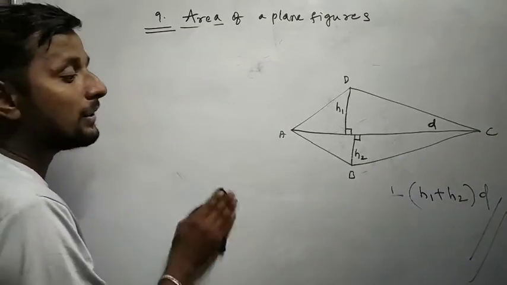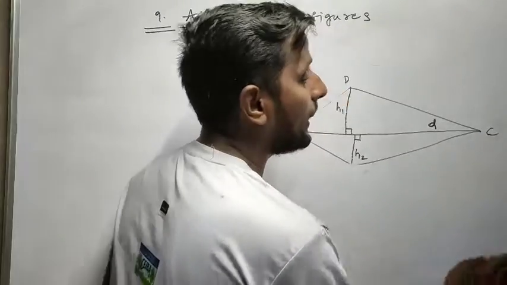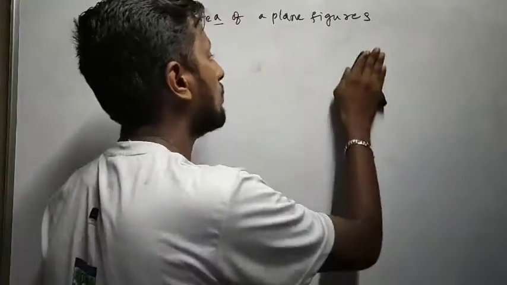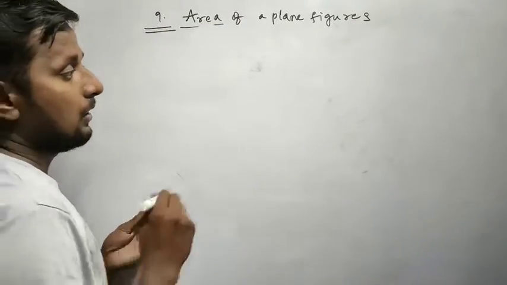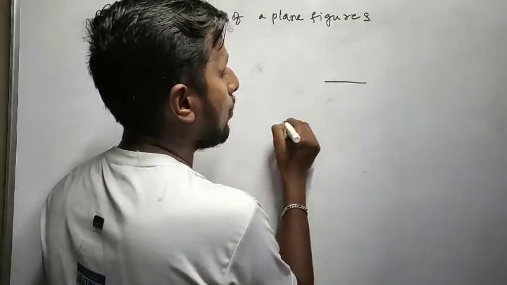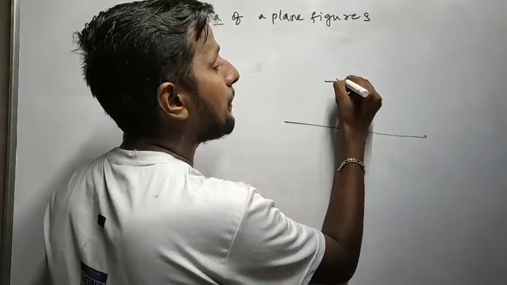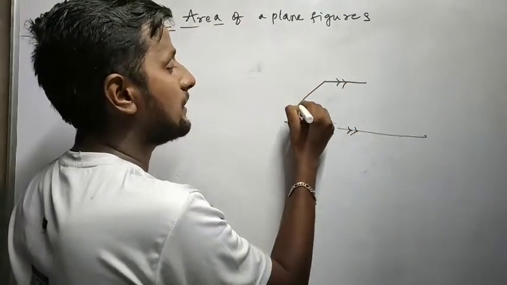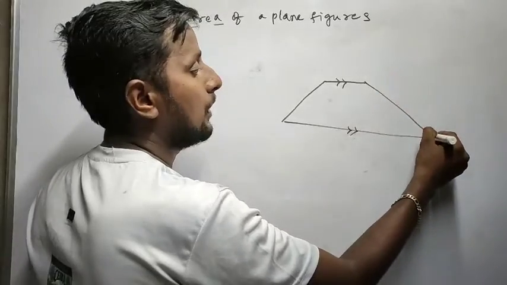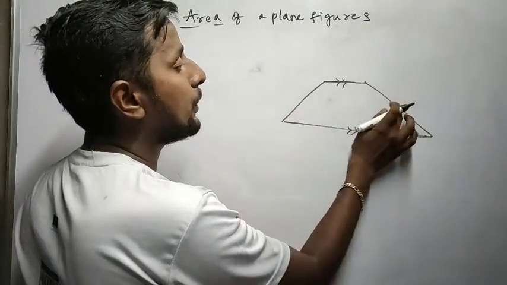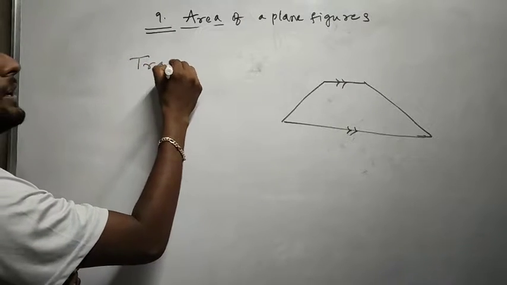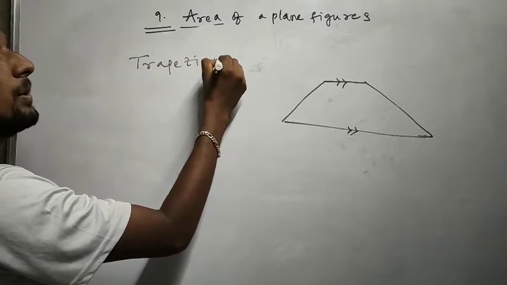Actually, once the quadrilateral chapter has finished, you can identify each and every quadrilateral, what is what, which is which. Trapezium: only one pair of sides are parallel, not equal in size. Only one pair of sides are parallel. Now look at it, it is also a quadrilateral, 1, 2, 3, 4, made by only 4 sides. So the name of this quadrilateral is trapezium.